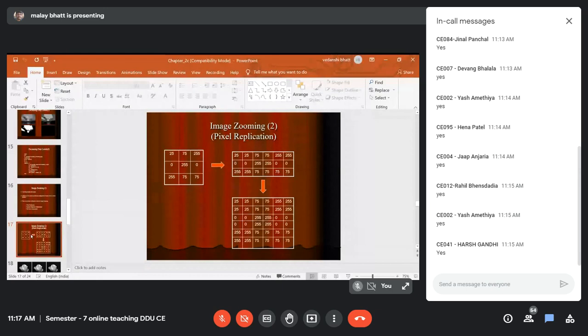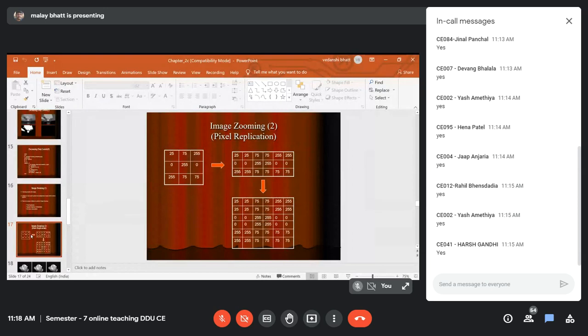The first column is replicated as the second column in the new image. The second column in the original image is replicated as the fourth column in the new image.